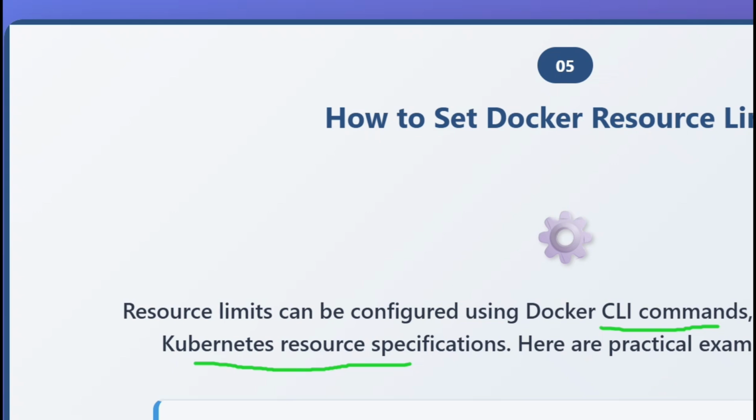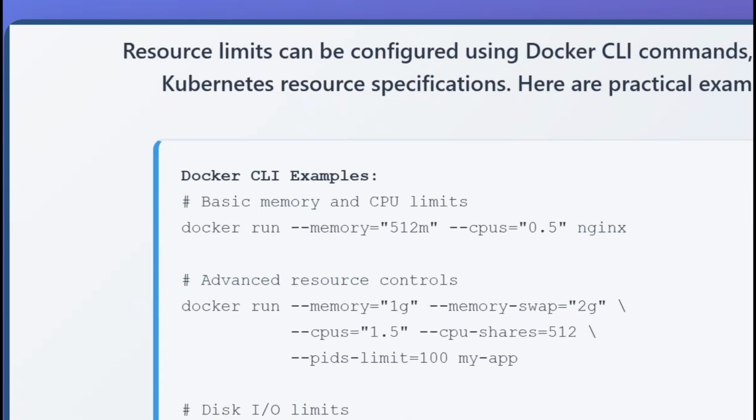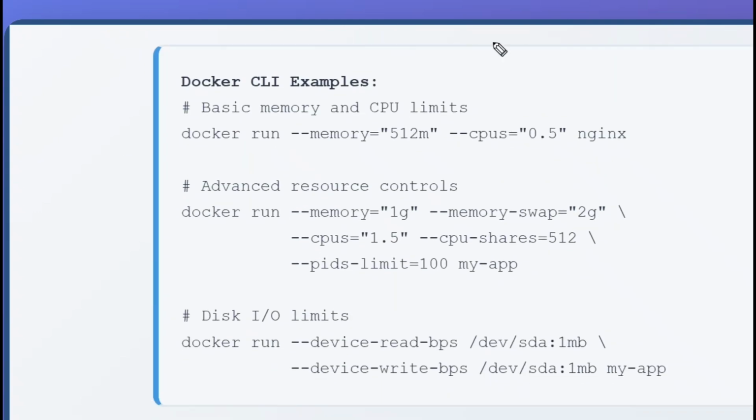Okay, the first method, let me scroll a little down. Yeah, the first method was the Docker CLI method. Okay, Docker CLI example we can say. So here is the first one where basic memory and CPU limits were provided. Based upon this simple example, you will get to know this particular command runs an Nginx container we can say,